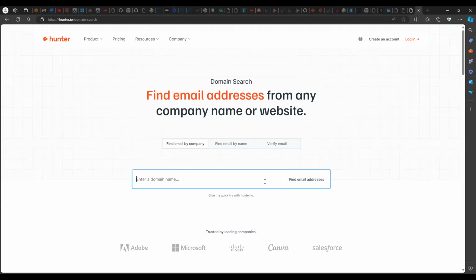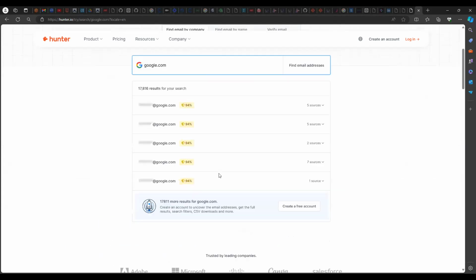If you have a domain, you can enter it and get results back. If I want to test Google, for example, I can enter google.com here, and it gives me a list of email addresses of people in Google. These are currently blurred out because I'm not using an account.